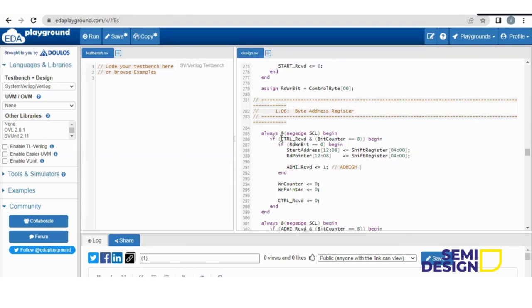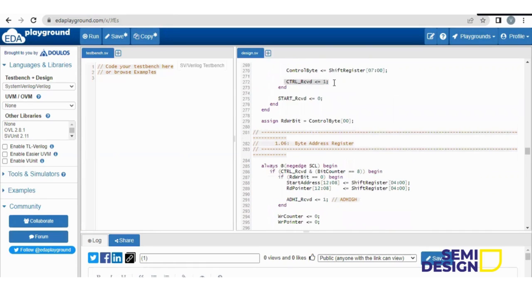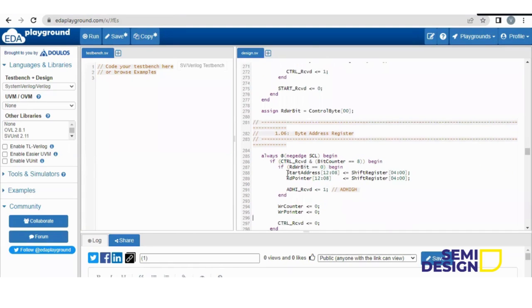Similarly, control bit received means they are sure that this step is completed. Once this step is completed, the control bit received is equal to 1. So they will check that control bit received is equal to 1, then bit counter value is equal to 8, and write read bit is equal to 0, which means it is a write operation. So what will happen? Your start